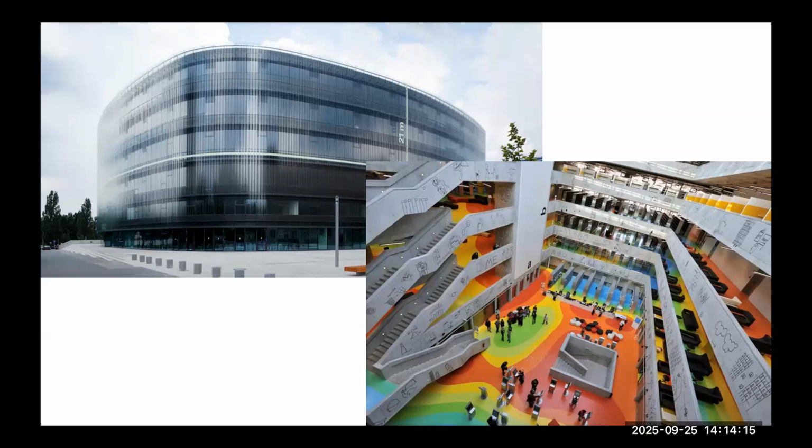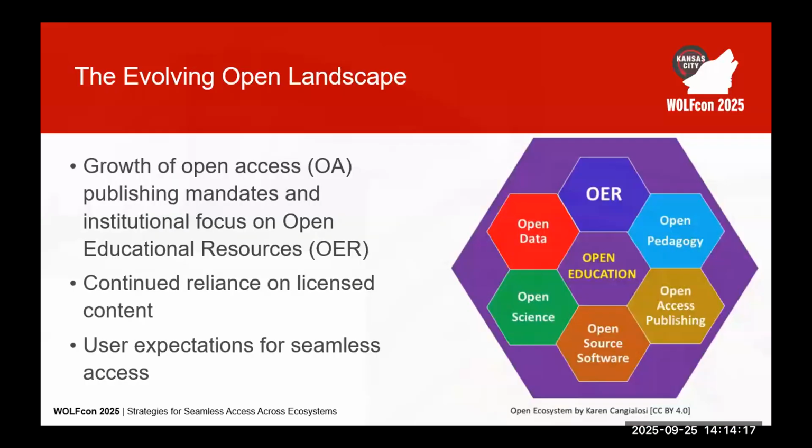Didn't work. No worries. Okay, so just as a high level overview, tying into some of the themes that have been coming up throughout the conference, openness as a concept is a really heavy focus in lots of different areas of higher education, research, and publishing. I think generally all of us would agree that the democratization of information, exposing data and resources, and helping to build inclusivity is something that's going to benefit all of us.